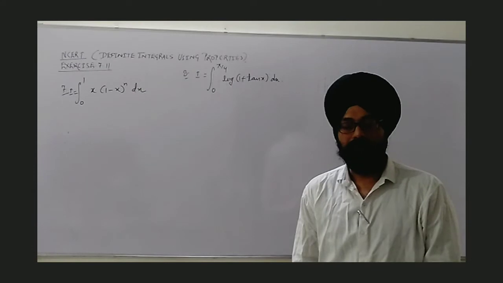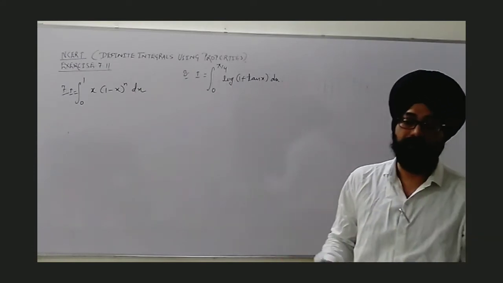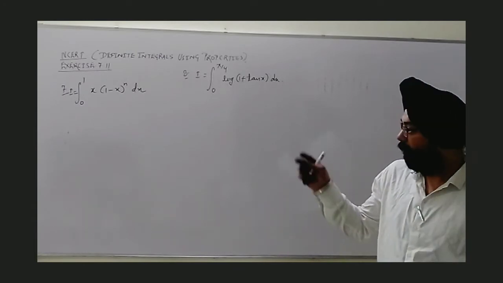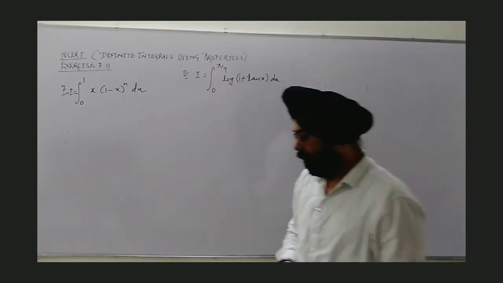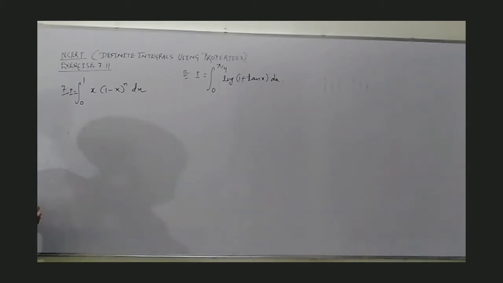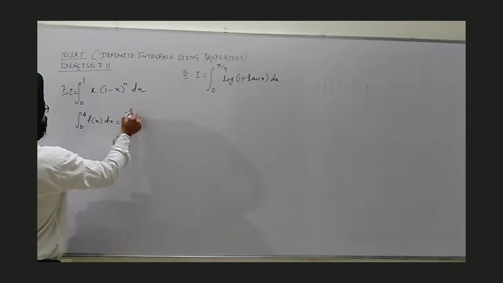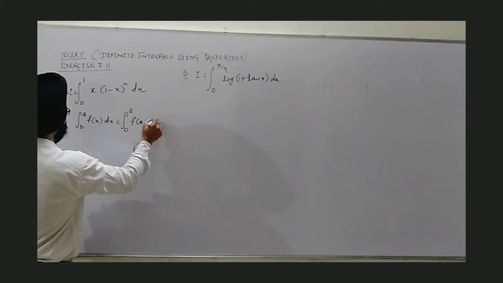7.11. Here these questions are based on the properties of definite integral which we have earlier used in the previous module. Now we will start with question number 7. Looks simple, and also we have done this using substitution method earlier, but need to use definite integral properties. So what we can do, here we will use property number 5, which says that integral 0 to a f(x) dx can be written as integral 0 to a f(a minus x) dx.